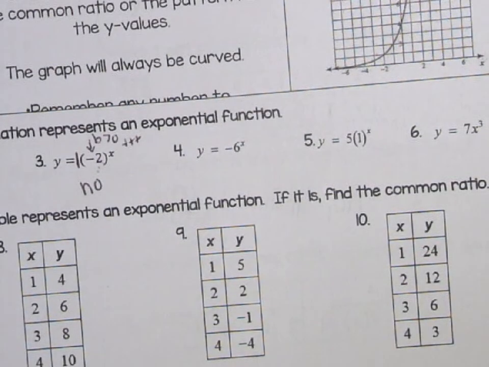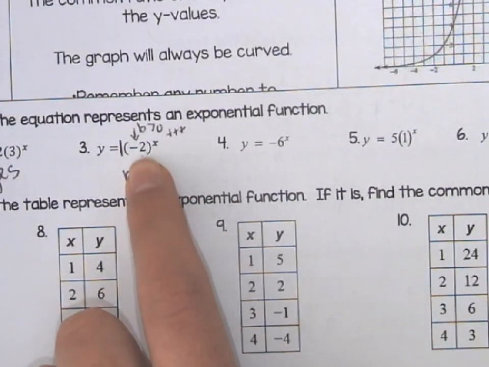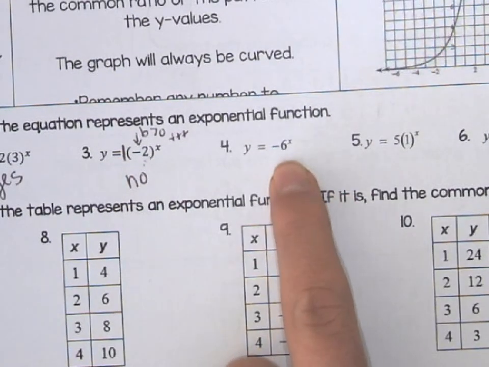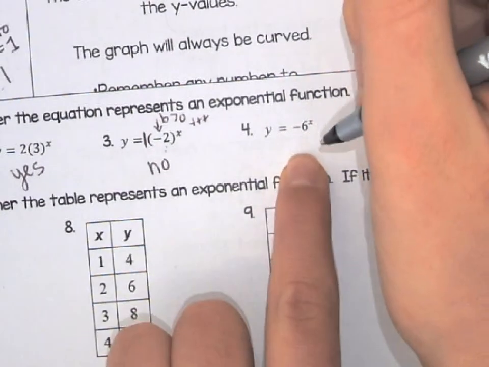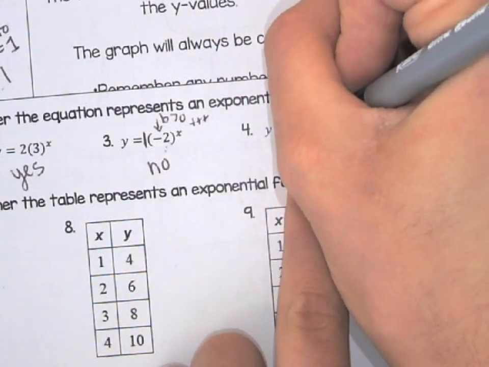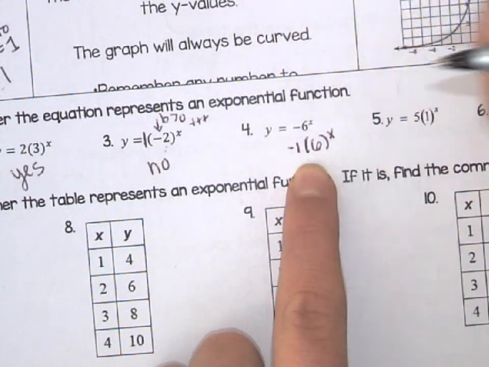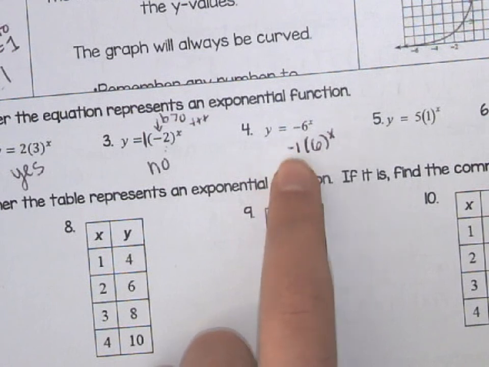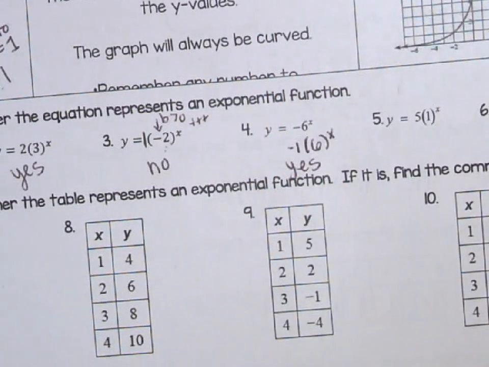Okay, so then you're going to look at number 4 and say, oh, this one's not exponential either. But guess what? They tricked you again. On this one, do you see how this one had the -2 in the parentheses and this one doesn't? When it's not in parentheses, there's a special little trick here. They're saying this is really -1 times 6 raised to the x power. On this one, my a value is negative instead of my b value. So yes, this one would be exponential. The reason for that,